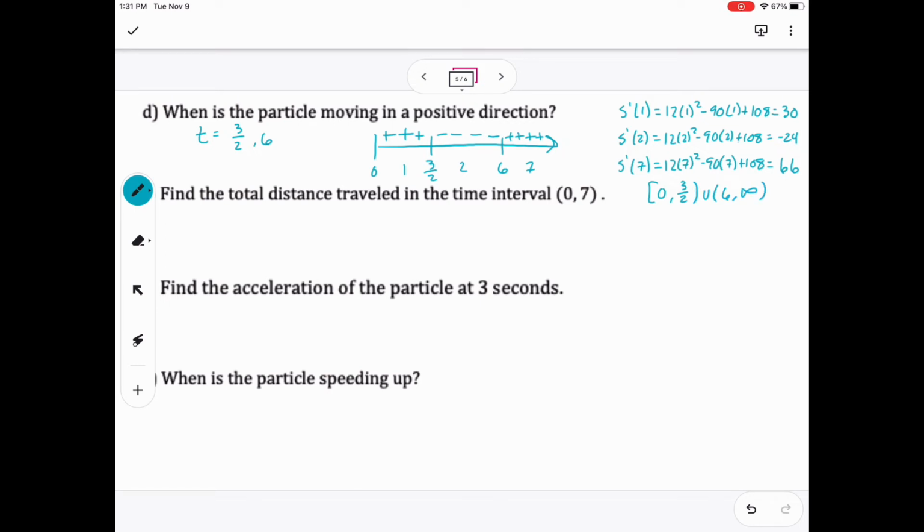Now I'd like to find the total distance traveled in the time interval from 0 to 7. So that's going back to looking at position. Now I know the critical points of when we change direction, which is at 0, 3/2, and 6. 7 will also be a critical point because that's when we're ending our interval. Now we already did some work in letter A by plugging in 0 to find that it was 31. So we already know that value, but now I have to plug in 3/2 to figure out what my position